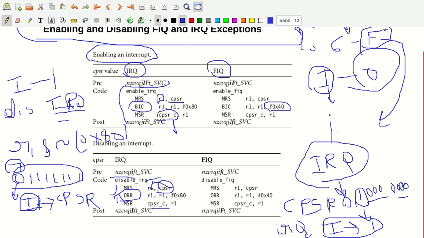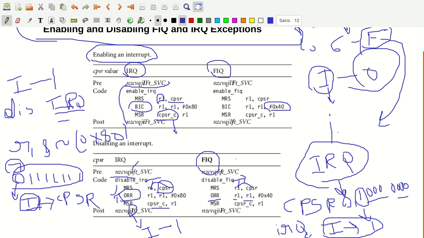Now what happens in this case, you can just observe here: I is small here, I is capital here. So when I becomes capital, it means the I bit is set to 1 here. Similarly, for the FIQ exception, for the FIQ interrupt, this is basically what you have. Similarly here, you disable the FIQ. Then MRS R1, CPSR, same thing, CPSR is copied to R1.